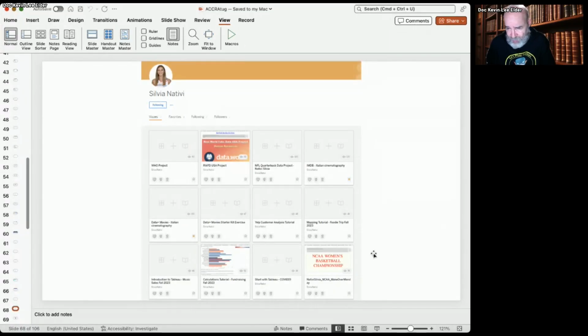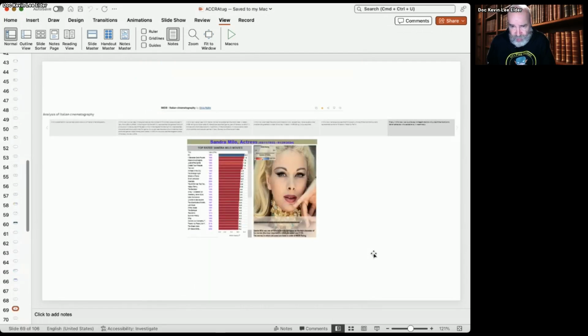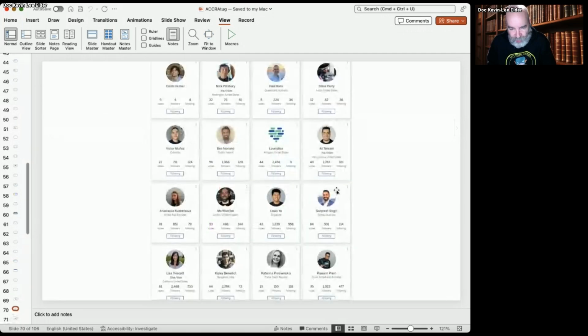She's from Italy. And so she came in, and one of our assignments was to use this IMDb database of movies, and the challenge was to create a story. And so here's an example of creating a data story rather than a dashboard, having all these charts crammed on one page. She tells a story and walks you through one chart at a time as you click through, and you will learn about the history of Italian movies because she's Italian and she wanted her US classmates to learn more about Italian movies. What a great way to learn. What a great way to do things.